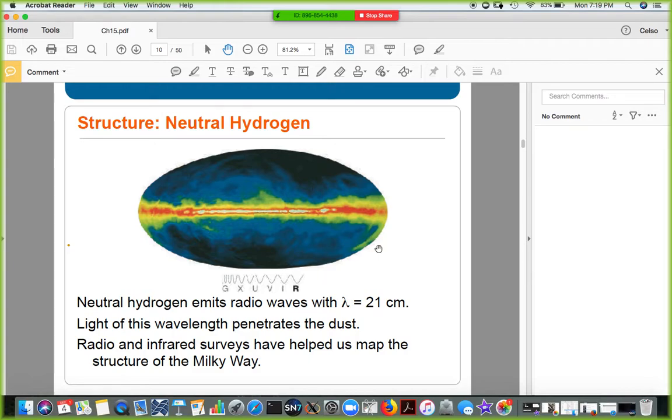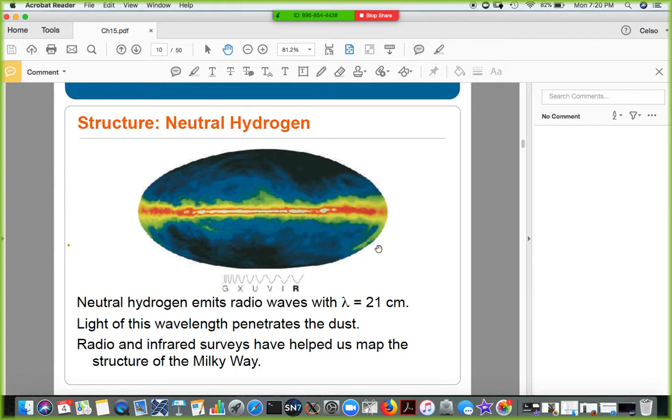But the 21 centimeter line has a strong penetration power and can go through the dust without being absorbed. So astronomers can use that light if they have a telescope that allows them to see further into the galaxy. With a radio telescope, they can map features in the galactic disk without doing what the simulation I showed at the very beginning does, which means take you out in space and